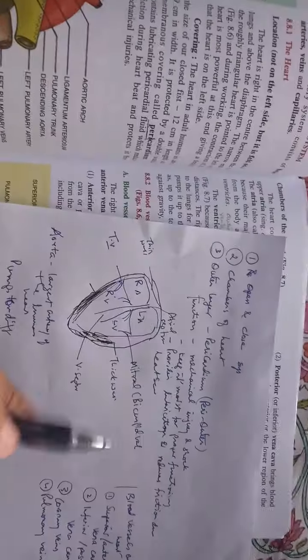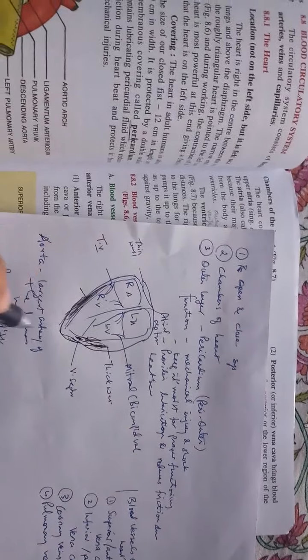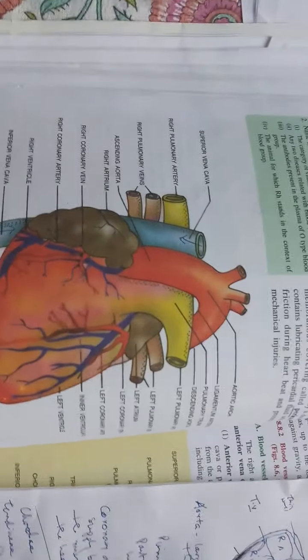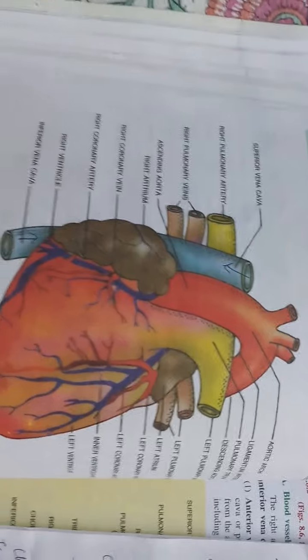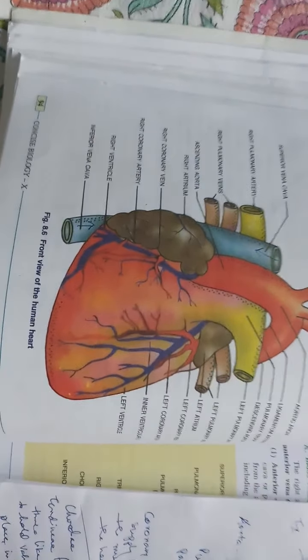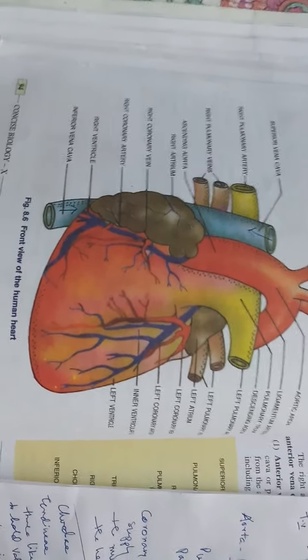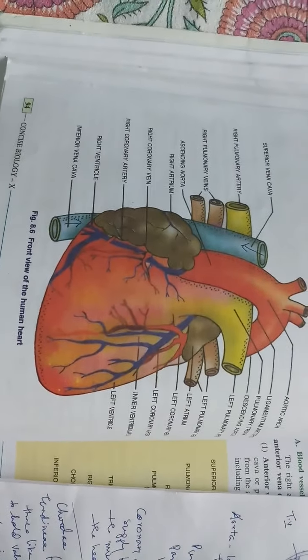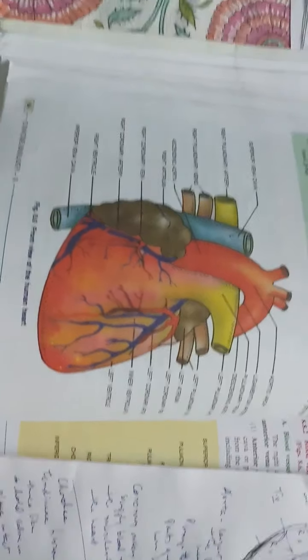Now you'll find there are different functions also. If you look at the diagram in your textbook, they have mentioned a couple of vessels, right? We can call them veins, arteries and capillaries, right? As we know about the circulatory system, in humans it is a closed circulatory system. Why is it called closed?